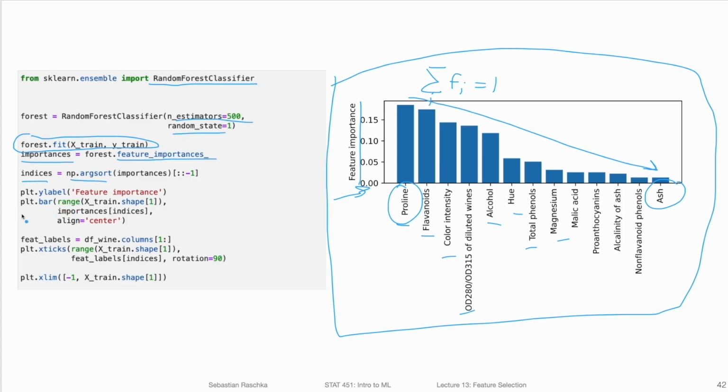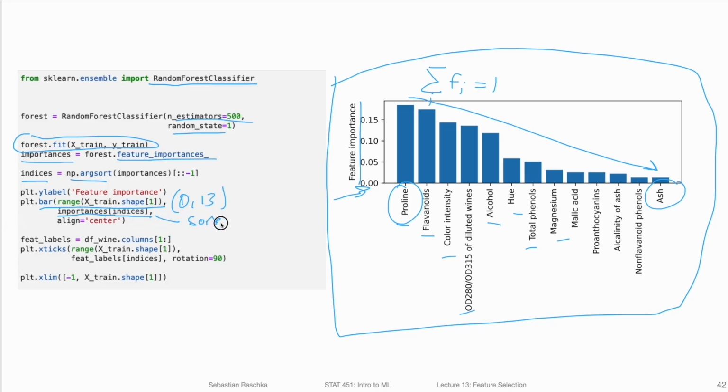So when I'm plotting this bar plot, I'm looking at the range of all the features, so that's a value between 0 and 13. And then I'm getting the importance values. These are the sorted importance values, right?